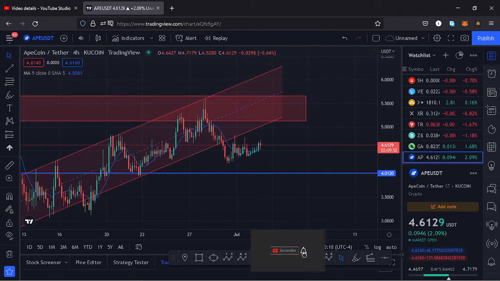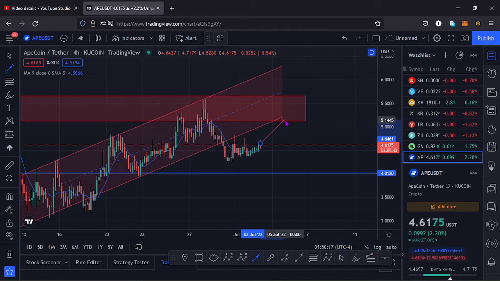and if that move plays out, I'd expect Apecoin to continue pushing to the upper side and go back to this area that I have between the $5 mark and the $5.7 mark, which is acting as a resistance. And if we trade within this area and manage to break above the $5.7 mark, it's possible that we have a retest of that area,